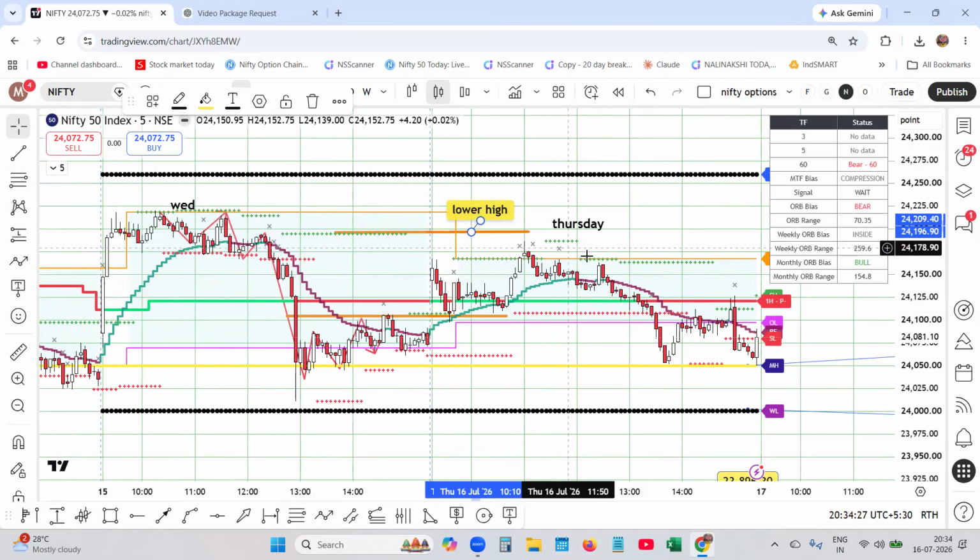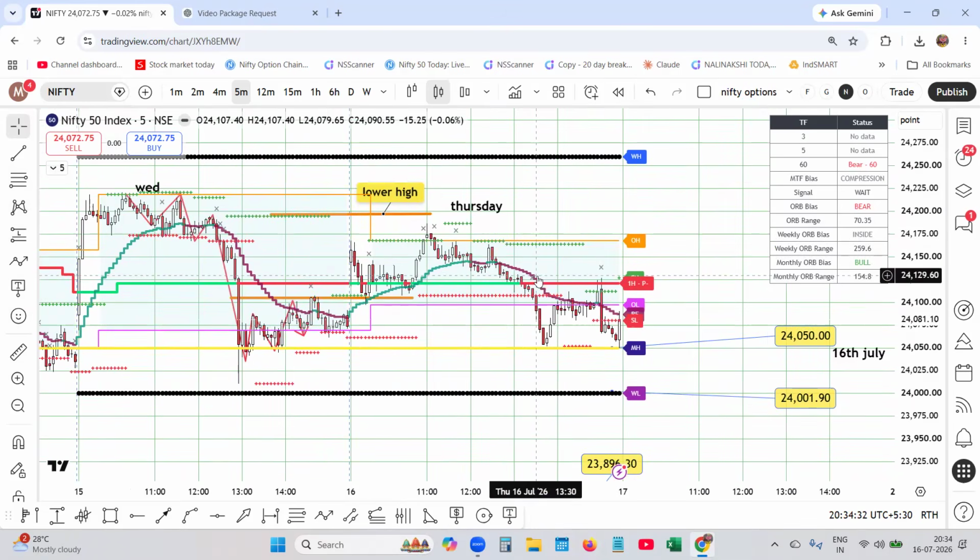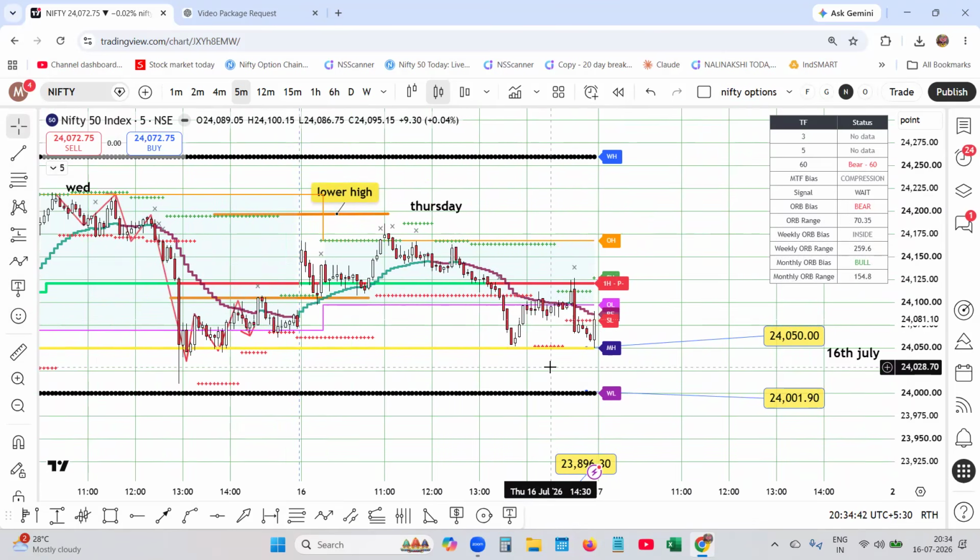Then lower high, lower high, lower high, and the market is breaking down. Between the hourly range filter and the internal range filter turning magenta, that means the trend is down. It is such an easy system. You can